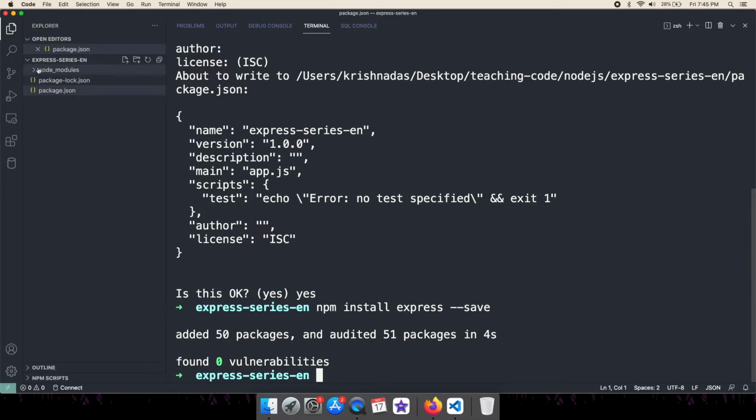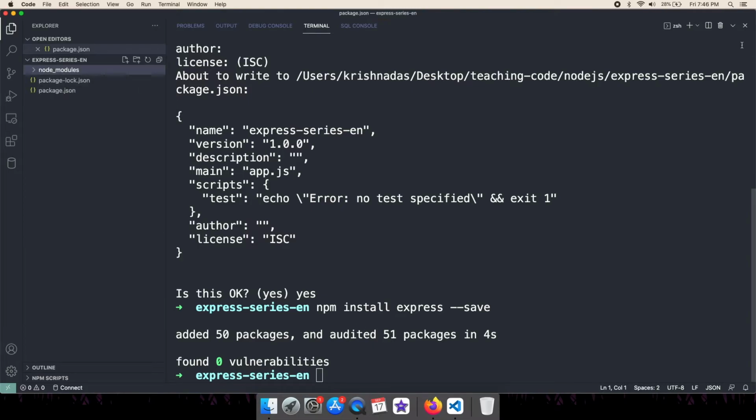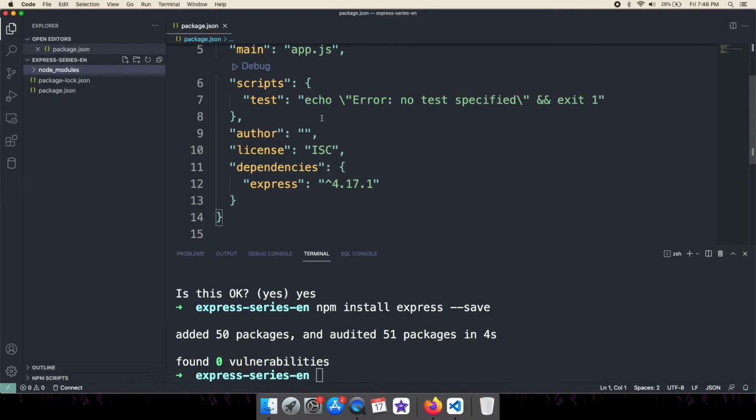This folder is created by this command, where you can see the Express.js source code, and you can see a lot of other libraries are also automatically installed, because Express depends upon some other packages as well. All these dependencies have been installed automatically for us, and you can see our package.json has been updated, and Express is now a dependency for our application.